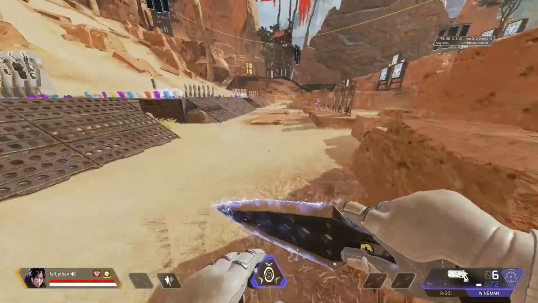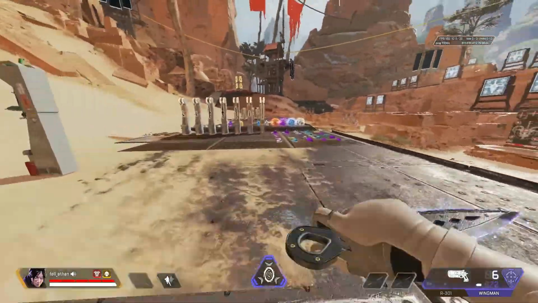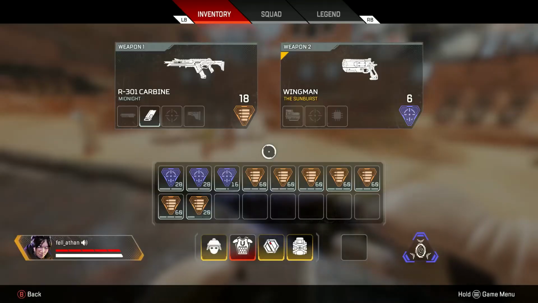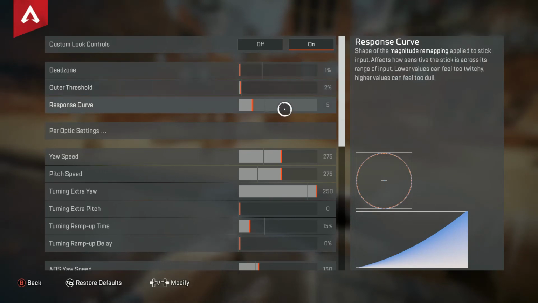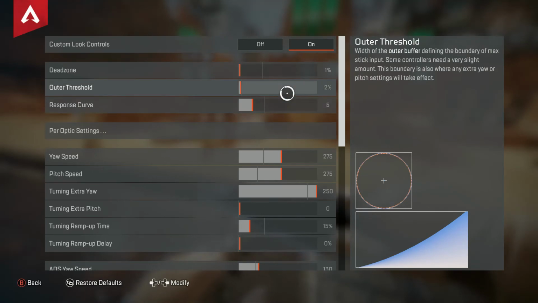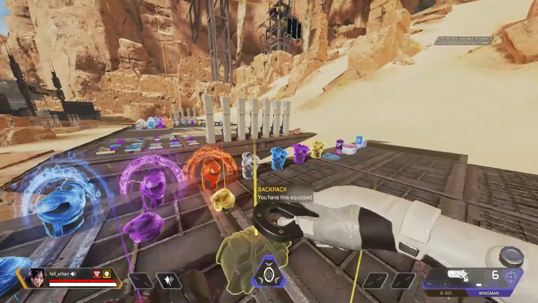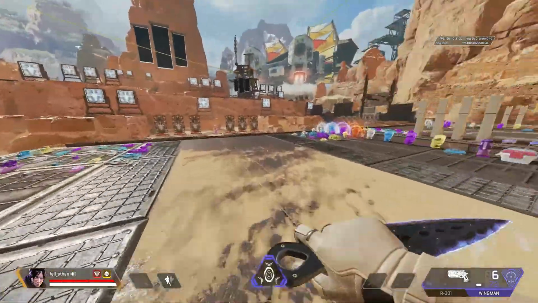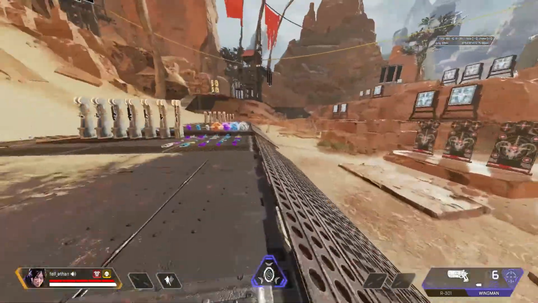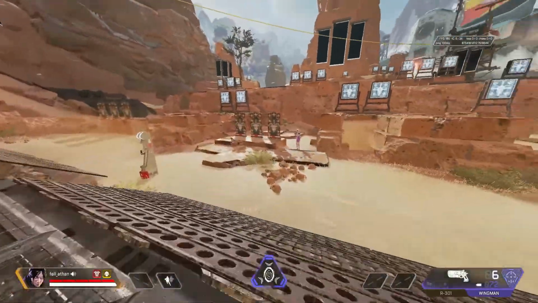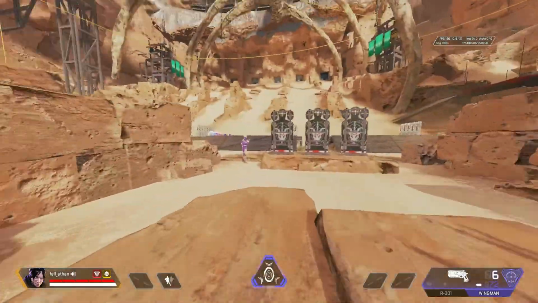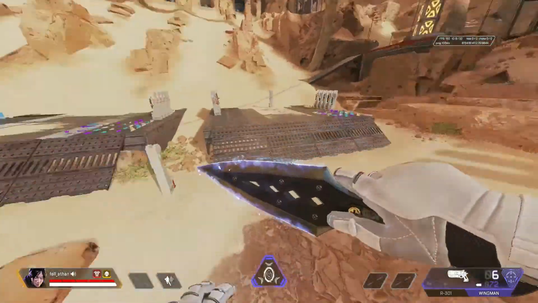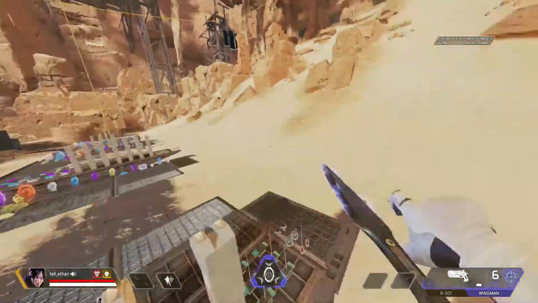So what's the best way to get the best out of your precision and your response curve? Well, for me, I found it to be this, the 5-1. I feel like that was perfect for me, because I still have the precision I want, but I don't have that huge limited input that classic does. I was able to find this out through a lot of testing, obviously, and playing. When you play with a mid response curve or high response curve like classic,